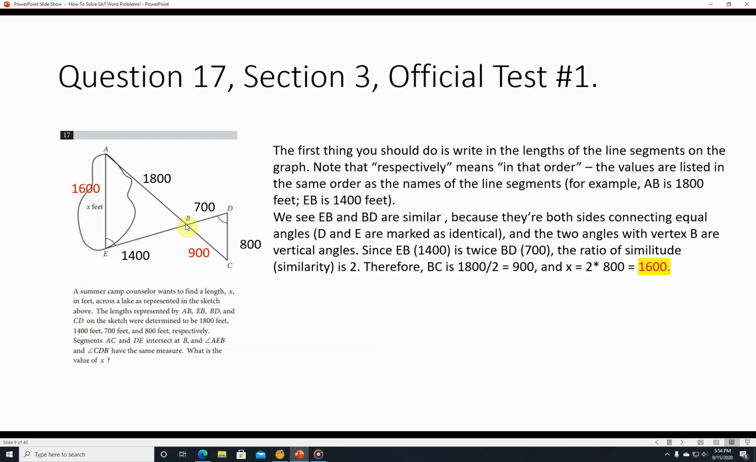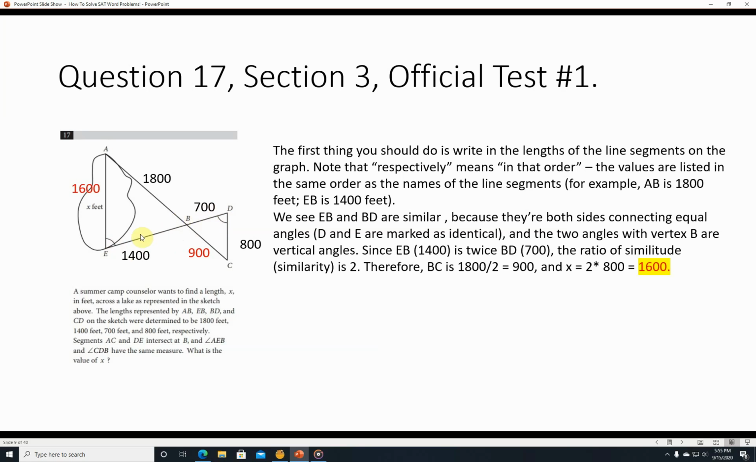We can see that these triangles are similar triangles because they have two identical angles, of identical measure. So that means the third one, by definition, also has to be the same. So if the angles are the same, that means they're similar triangles, which means all the sides are proportionate. So since EB is twice BD, and those have to be proportionate for the reasons I just explained, then, okay,